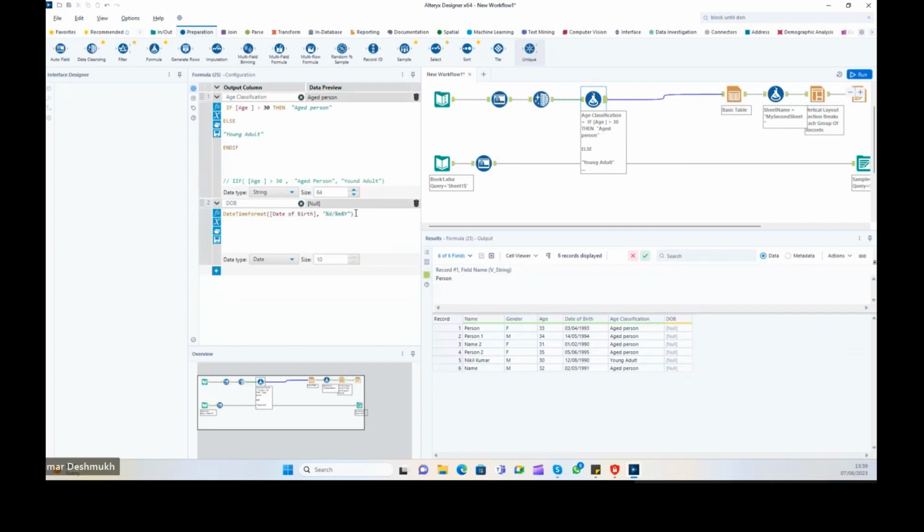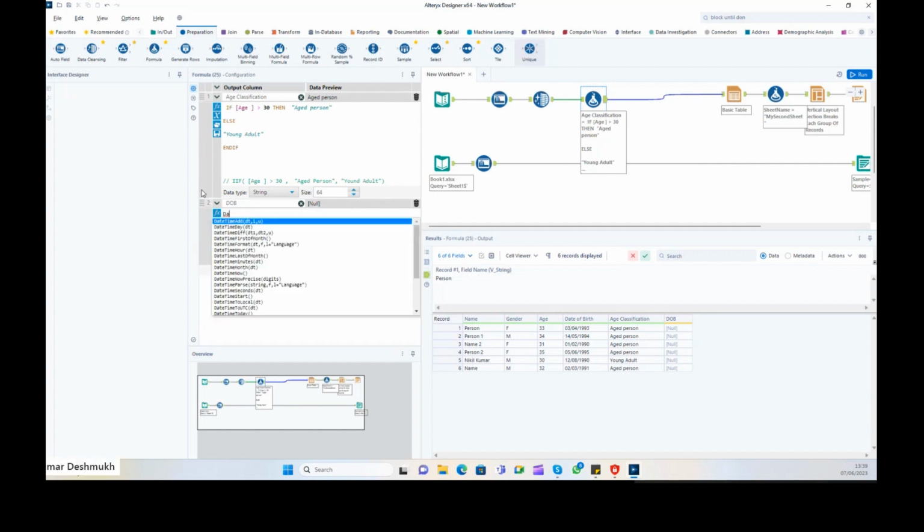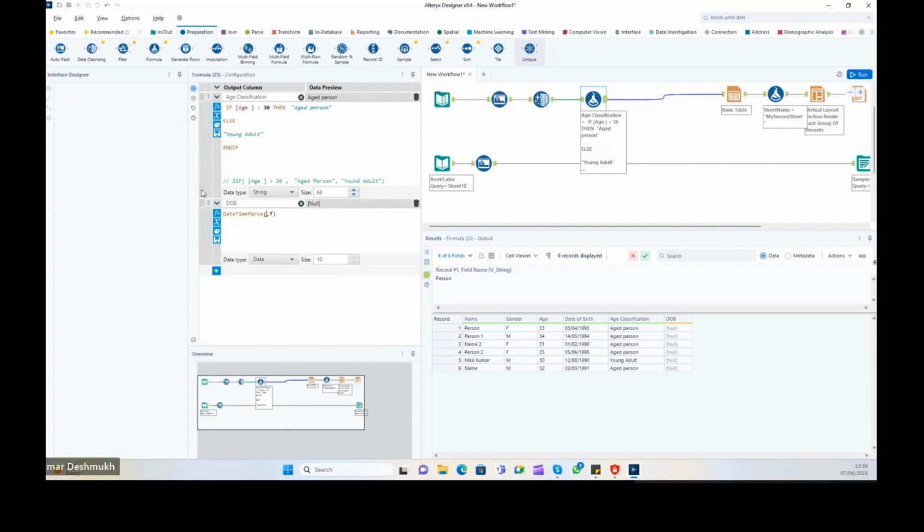Percentile d. Date time parse. String is date of birth. I will pass this percentile d. See, I got the 3 on the first one, 3d. This is the 3 date, and I have slash percentile b, small b,